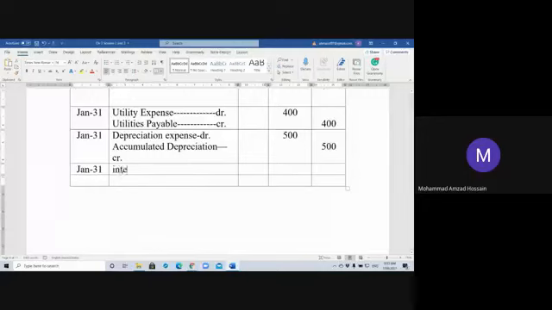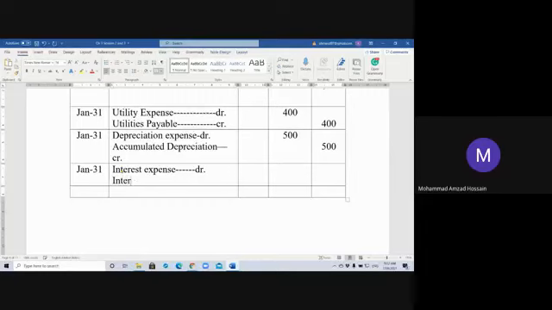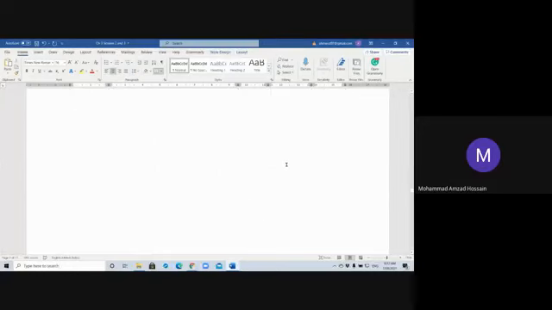So interest expense debit, interest payable credit. $600 স্যার।